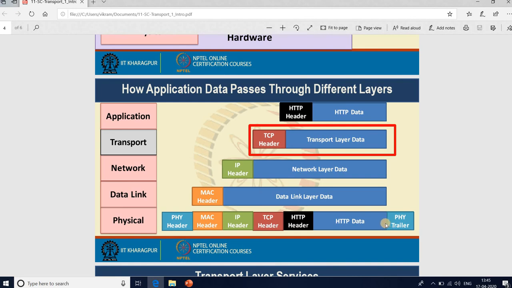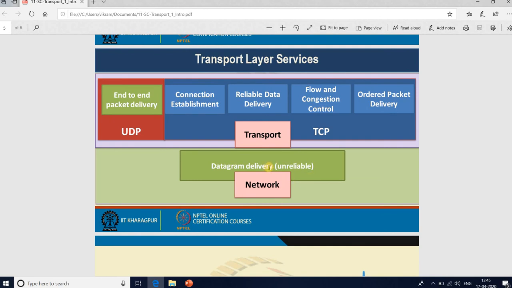Now if you look into the context of the transport layer, why do we require the transport layer here? Just below the transport layer you have the network layer, and its functionality is to ensure datagram delivery. When we say datagram delivery, it indicates that whenever the network layer receives a packet, which in the network layer context we call a datagram, in the datagram there is a source address and a destination field.